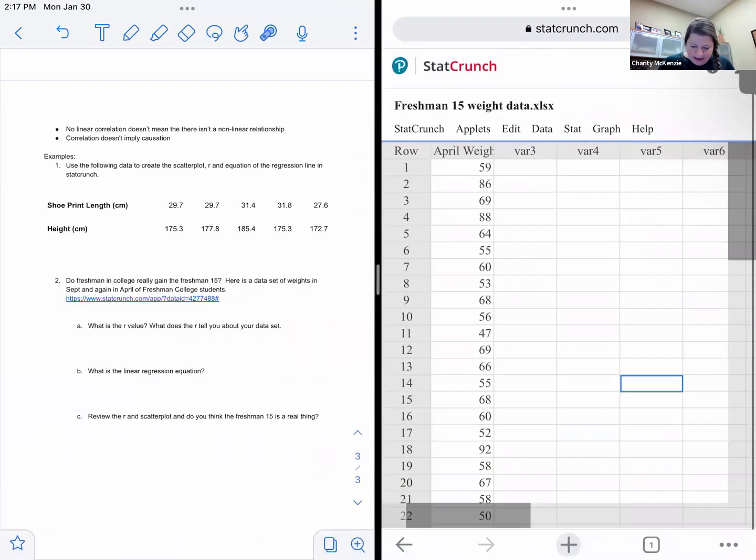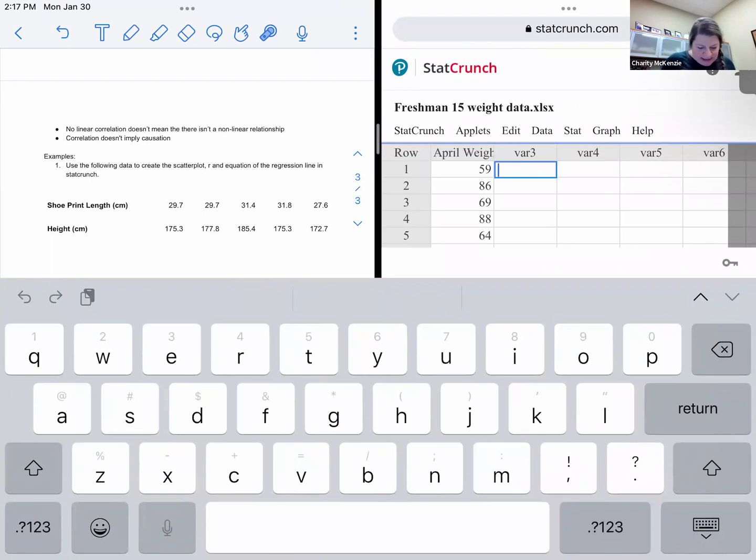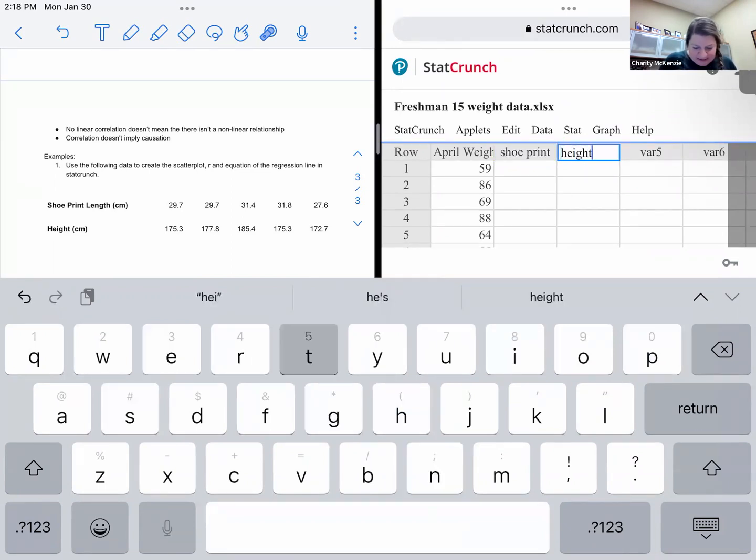So I am going to put in the data we're looking at over here. So this is going to be shoe, our shoe print. And this one here, I'm going to make height, in centimeters. Okay. Shoe print. So this is going to be